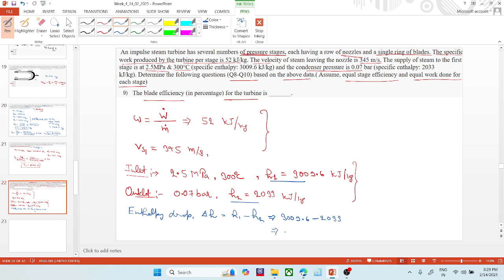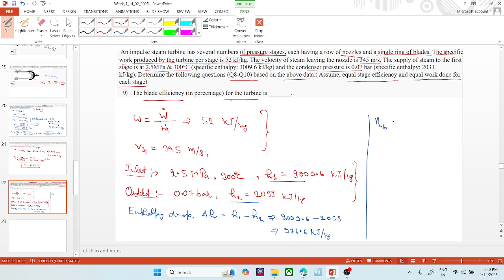The value is 976.6 kilojoule per kg. Now, what we have to do as the first part, we have to determine the blade efficiency,